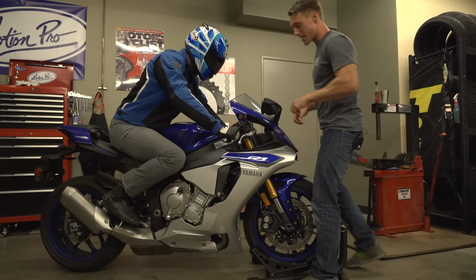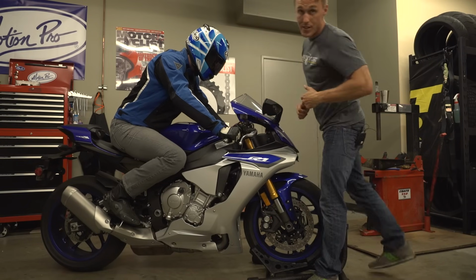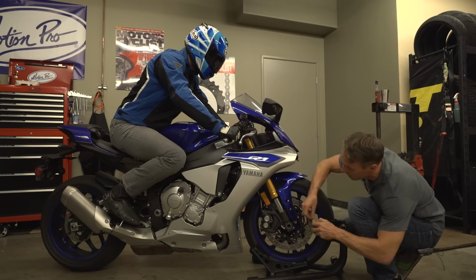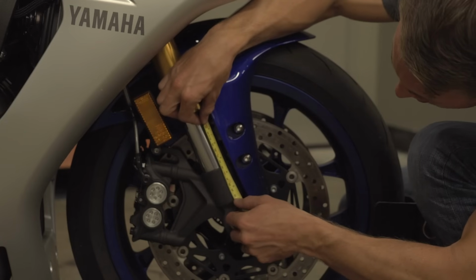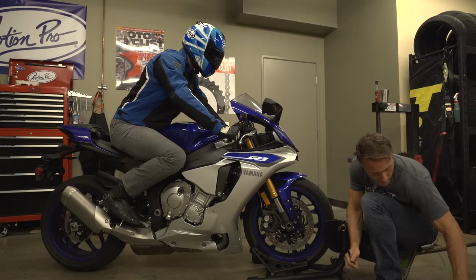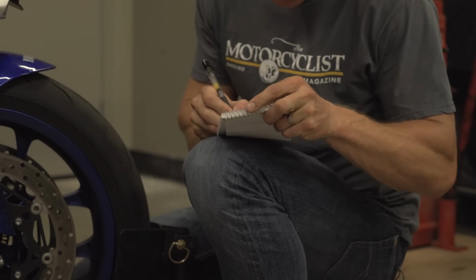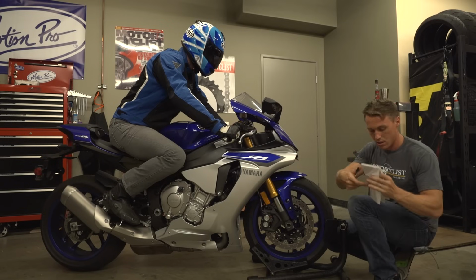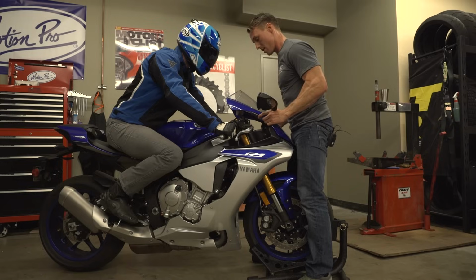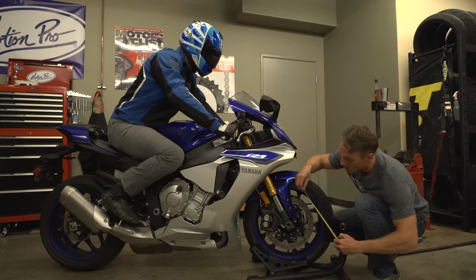So first we're going to press down on the suspension and then let it rise slowly. This is going to be our L2 measurement. And once again, you're measuring the exposed fork slider. So we've got 87 millimeters, writing that down as L2. Next, I'm going to lift up on the front of the bike and then let it settle gently. And once again measure. This is going to be our L3,